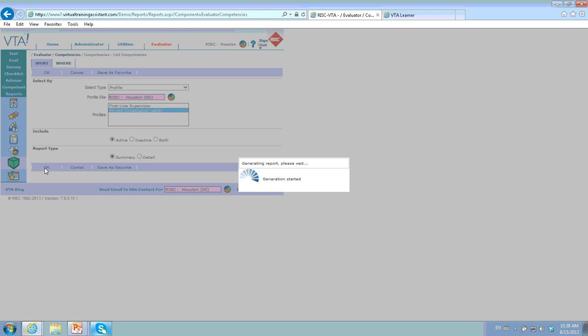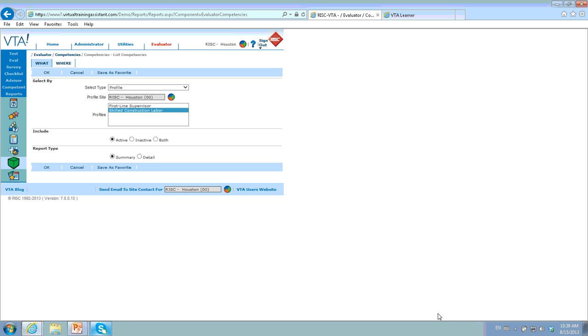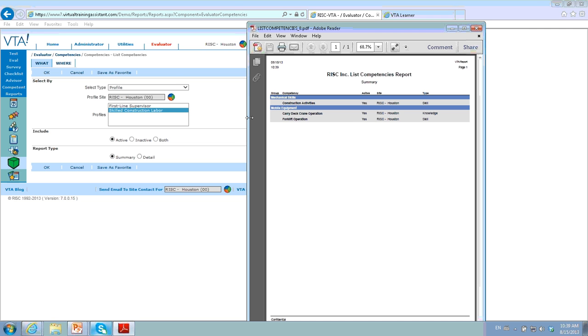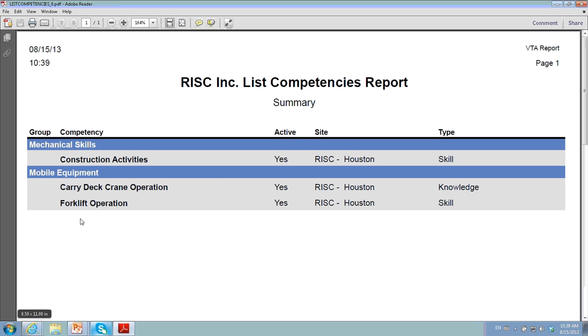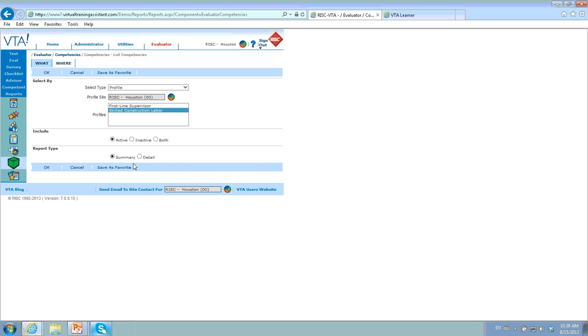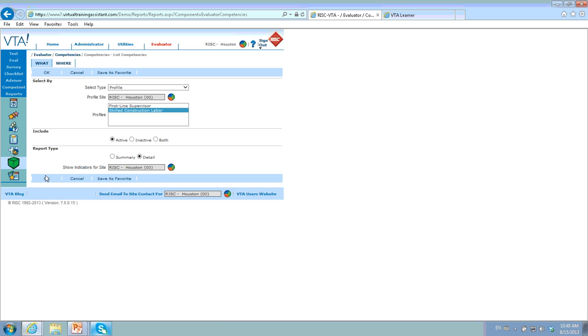When I do that, all I'm doing is listing competencies, so nothing particularly earth-shattering here. These guys always open up on my second monitor, so I'm going to slide that guy over. So for the mechanical skills group, the competency construction activity is yes. What site does it live in? What's the skill? What is the type of skill? If I change that to a detail, get more